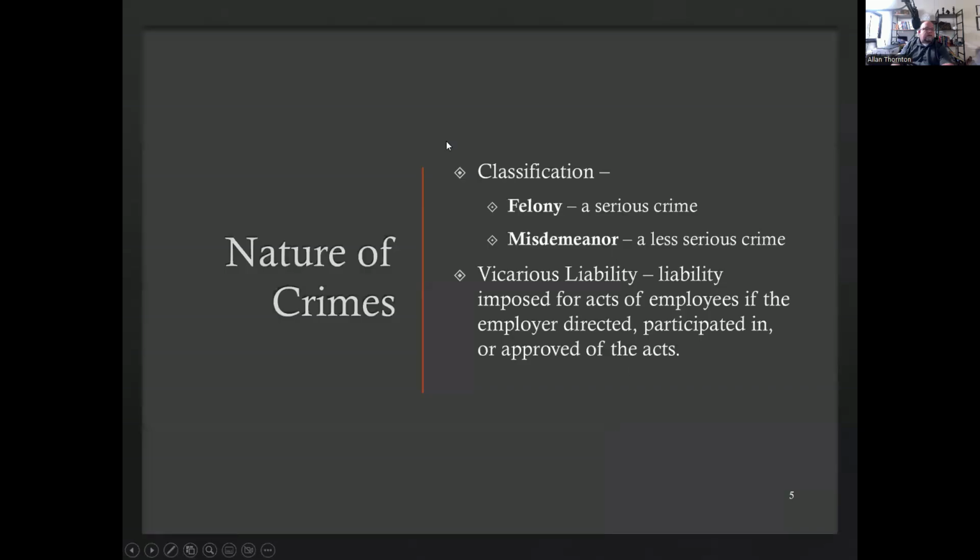Crimes can be classified into felonies and misdemeanors in most states. Felonies are your most serious crimes. In the state of Florida, we have three levels of felonies. You have misdemeanors that also have a couple of different levels to them. Those are lesser crimes. Felonies normally would be what carries a prison sentence and stiffer penalties beyond that, where a misdemeanor may be a small fine, time spent in the county jail, those type of things.